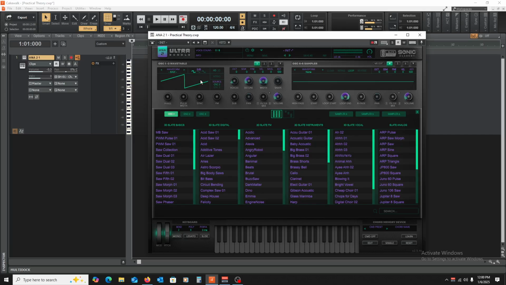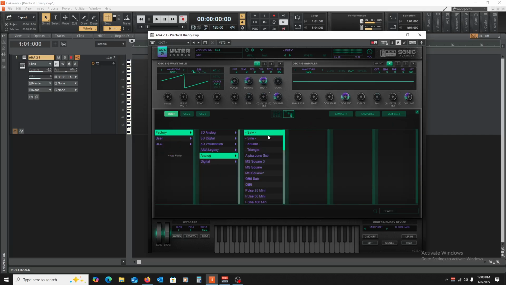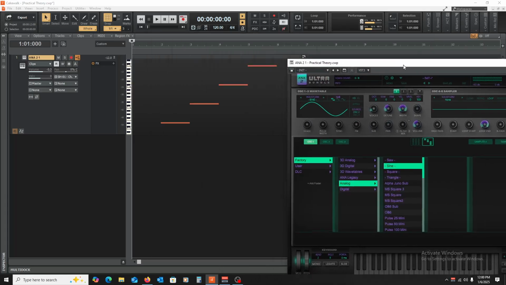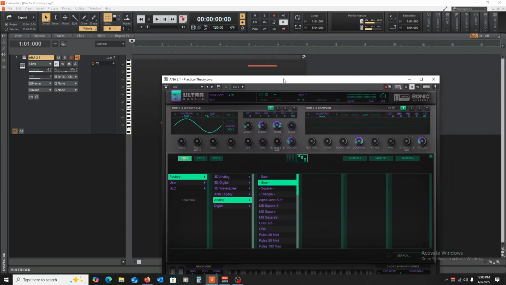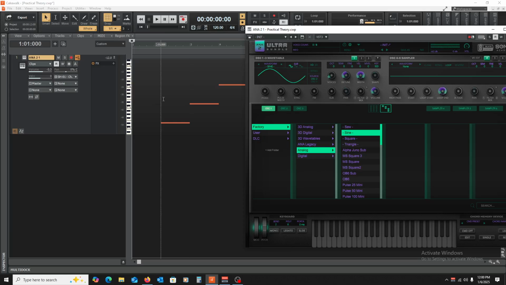If we go back into our waveform generator here, we can listen to a sine wave. And this is going to have a smoother, rounder sound to it because it's a smoother and rounder waveform. And again, you're not going to hear the absolute lowest notes. Even on a good set of speakers, this might be a little hard to hear. I can barely hear it in my headphones here.